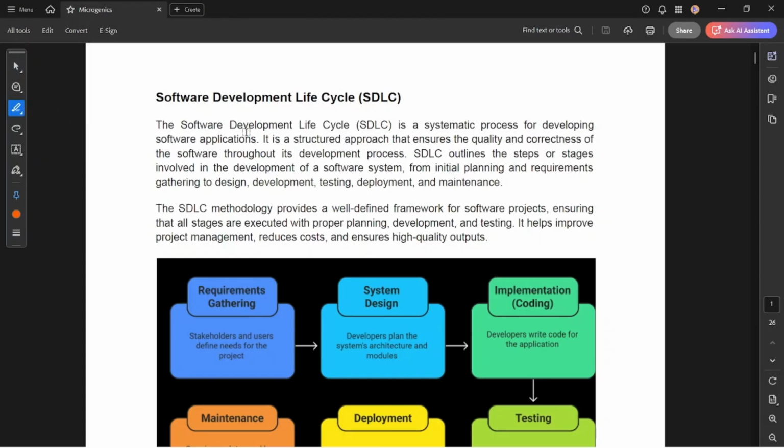The software development lifecycle is a systematic process of developing applications. Suppose you are building any application, there should be a proper process for building any software. We can't just sit and directly build software. There are some set of rules which we have to follow to build good software, because